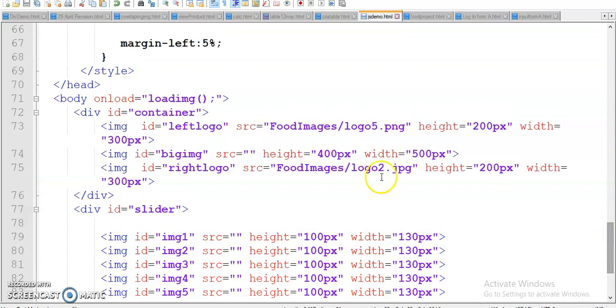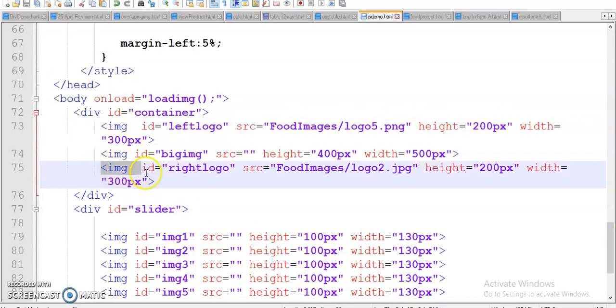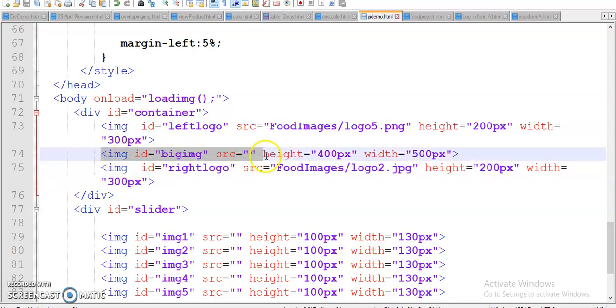Inside the upper side we see this is the static image at the left side. This is also a static image at the right side, and the center image is this, and this image will be rotated or changed after a particular time interval. I am using 2 seconds here. You can choose whatever time interval as per your requirement.